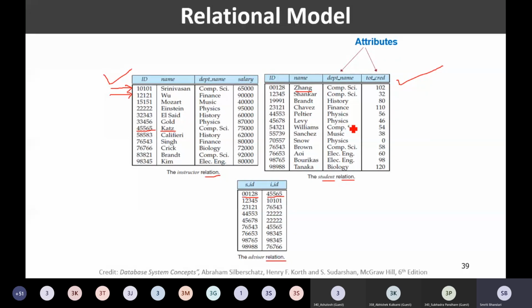I hope you have got the insight of a relational model. We are going to discuss the relational model in depth in unit number 2. This is just for your information, how the data is stored in the relational model. So I hope you must have understood the concept.